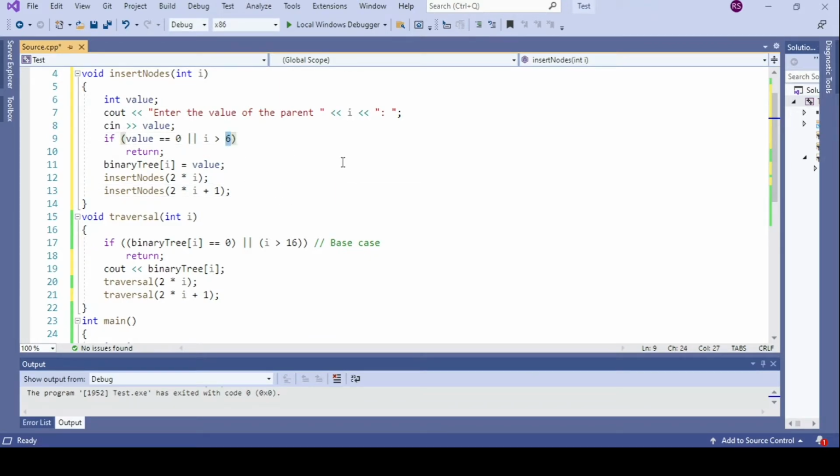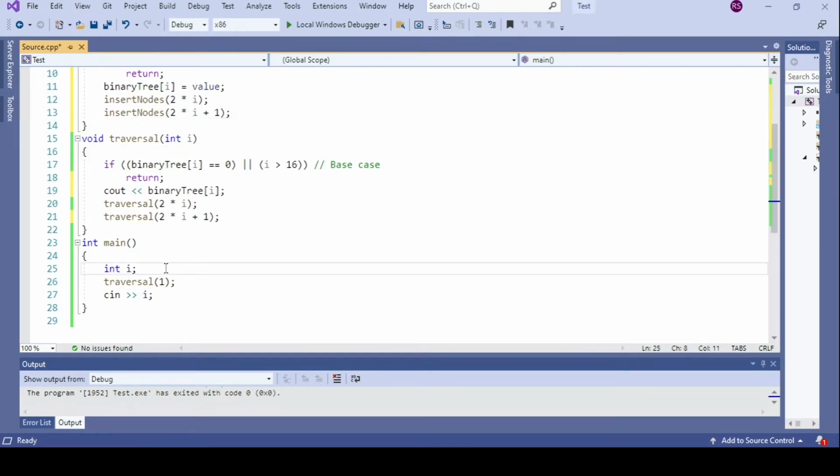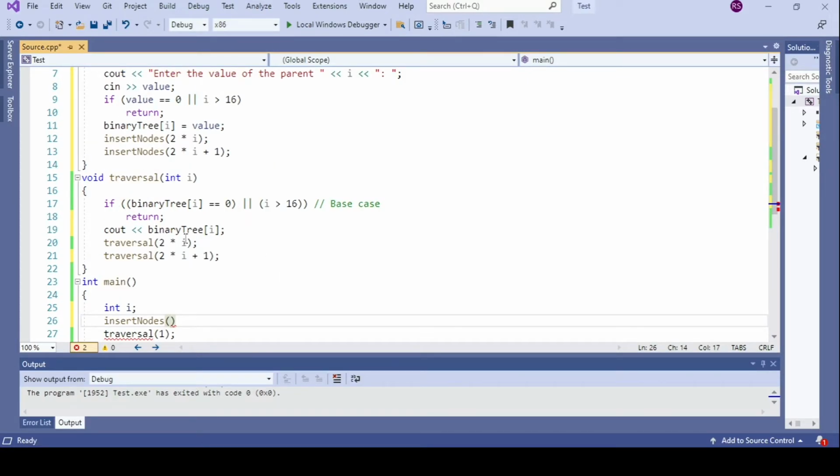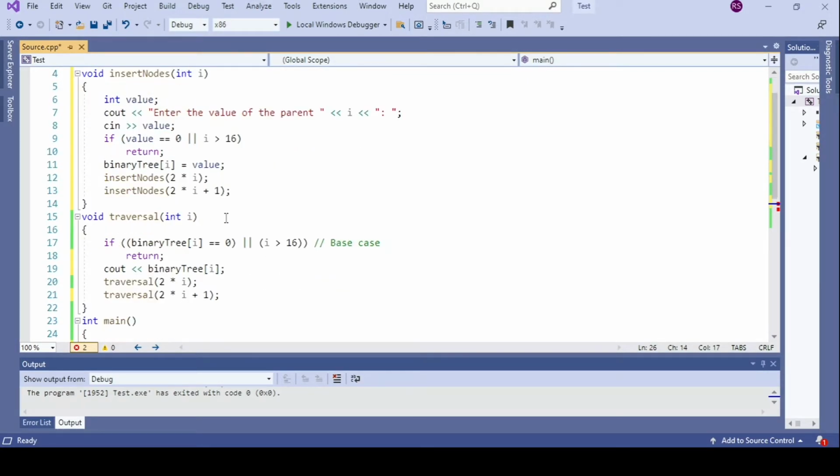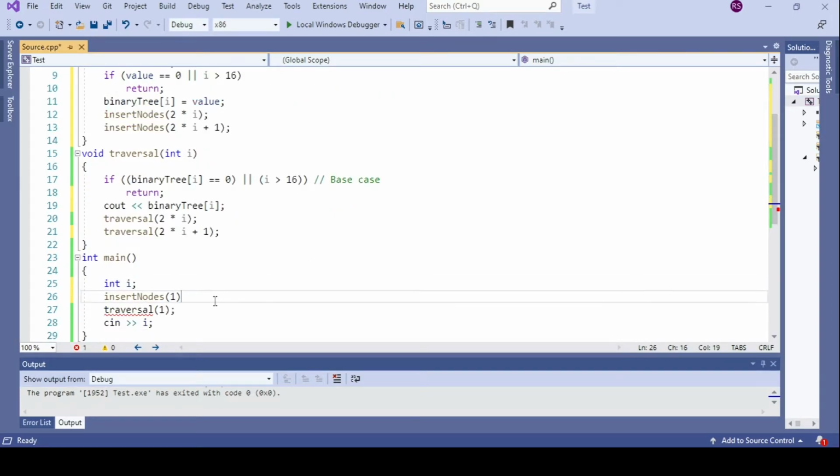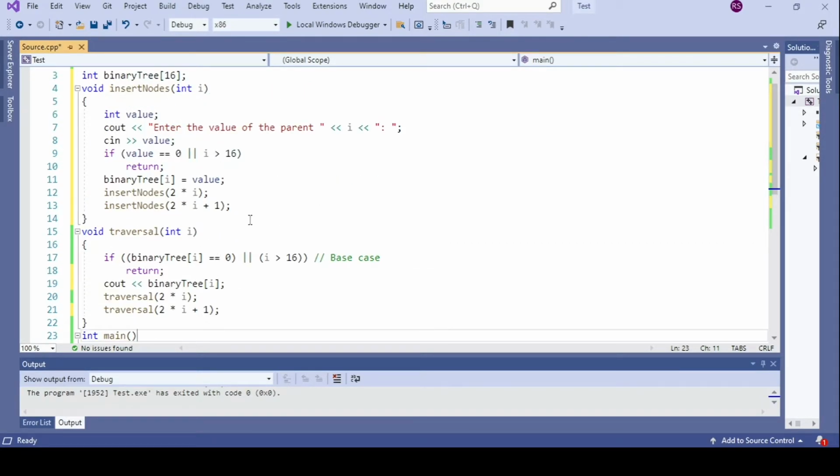Here also I need to change it to 16. Now if I run the program, and also I need to make a change here. If I now run the program, it will first construct the binary tree.